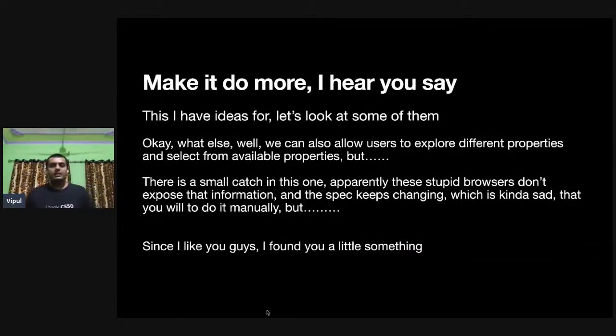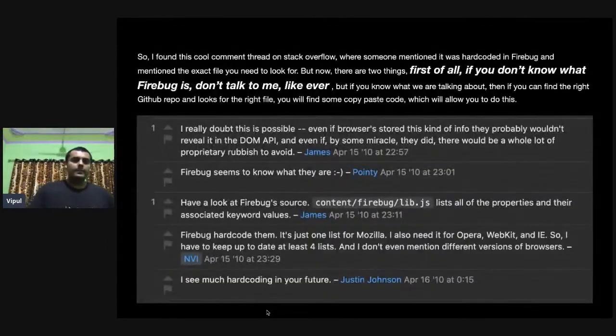Okay, so make it do more, right? Currently, we found a way to add more properties, but how do I make this do even more? Okay, so one thing was we can explore different properties in sections, and that's all fine, right? Cool. So one thing was that Sid was able to give them property values they can choose from, right? So say if there was a property like display, right? So we know it's either going to be block, inline, none, etc., right? So could we make that come to our project, right?